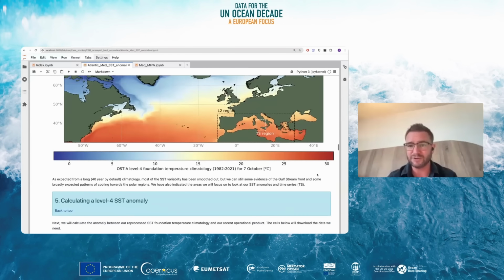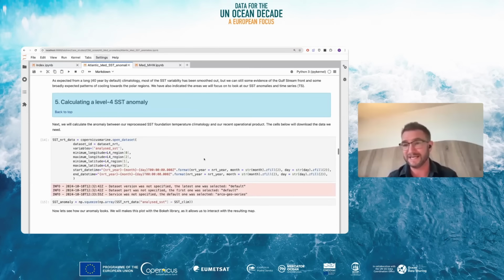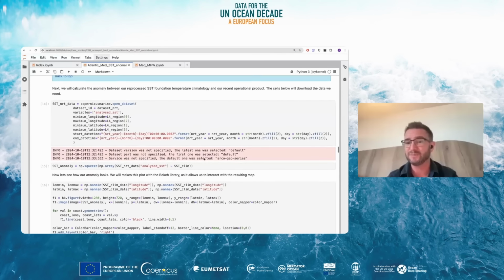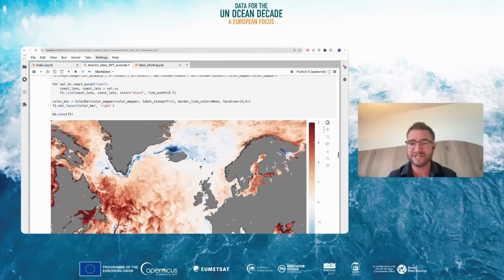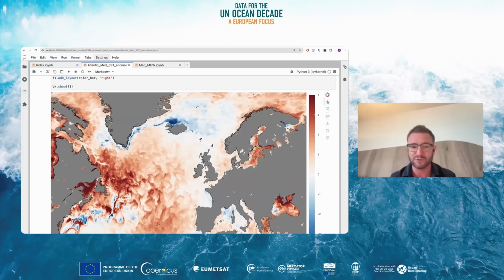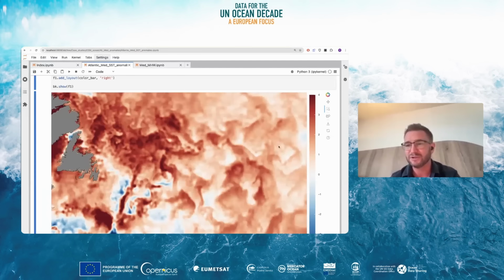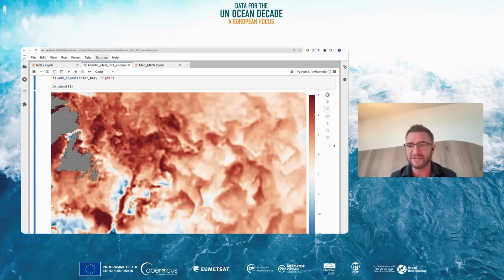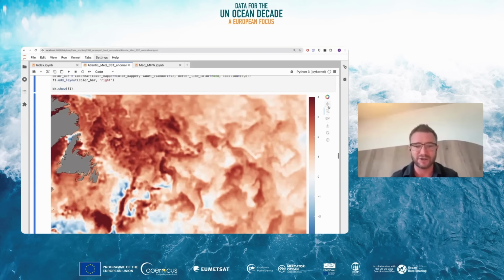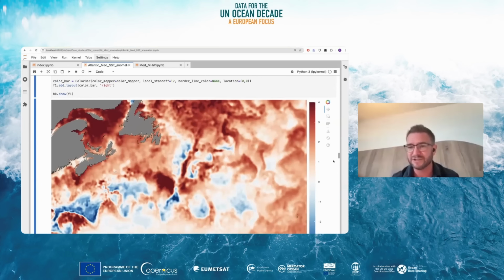So now we've got this kind of broad scale pattern. Let's have a look at what the latest 7th of October would look like when we compare it to the historical average. And it looks a bit like this. I've used a slightly different plotting package here because what this allows me to do is explore the areas a bit more thoroughly and interactively. So I can zoom in, for example, on the Gulf Stream separation around Cape Hatteras, and I can look at some of this crazy mesoscale variability that happens along our western boundary current. And we can explore a little bit more in general. And if we want to return to the big view, we can.